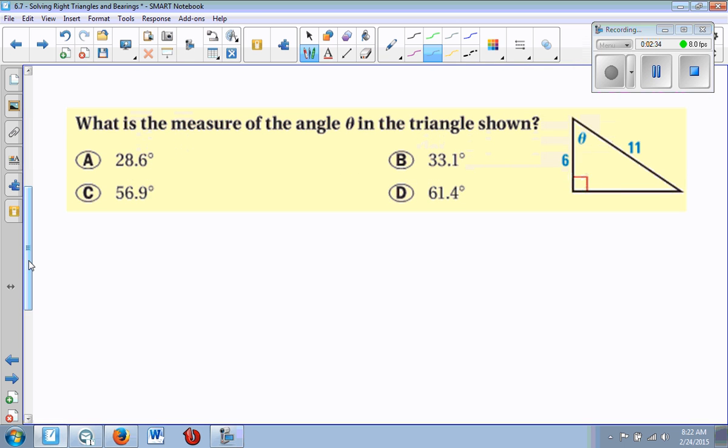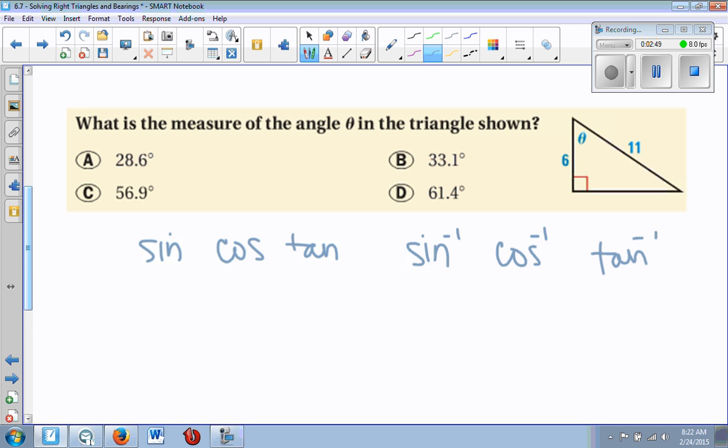Use trig ratios to find missing angle measures in a triangle. So on all of your calculators, there are buttons that say these three things. The first three I listed: sine, cosine, and tangent. Those are the